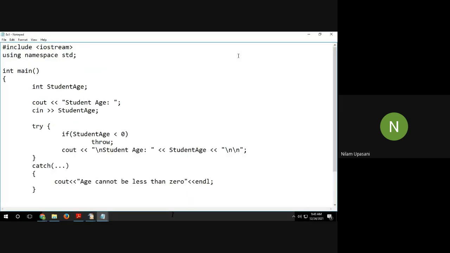Just some relevant examples. Okay, so here I have declared some integer variable, student age. Now just understand the flow where I'm putting the if condition, where the throw statement is and all that. Here I'm saying enter this age, accepting the age from the user. Now in try, I'll put this condition: if student age is less than 0,